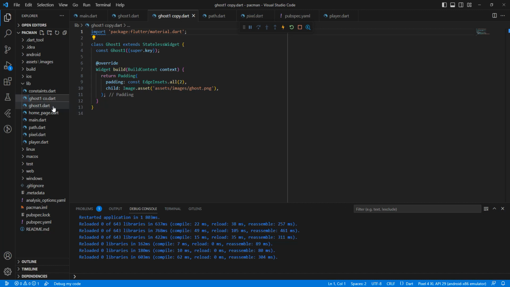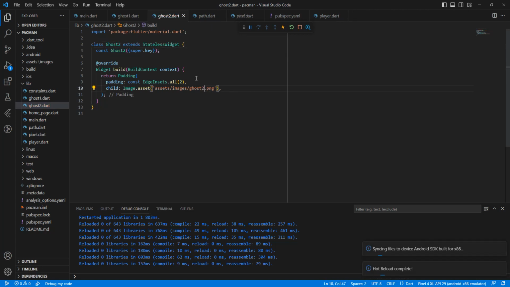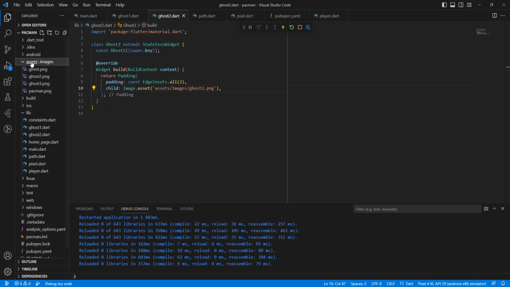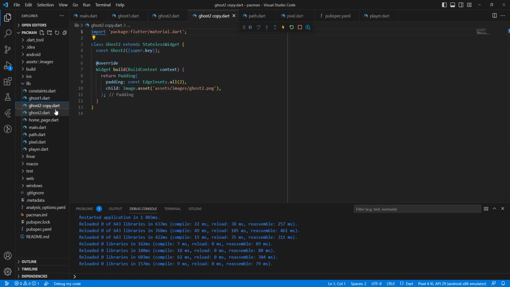Copy host2, save. Then we add host 3, save,